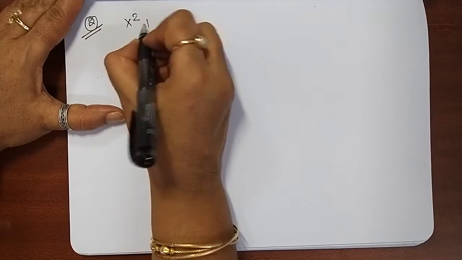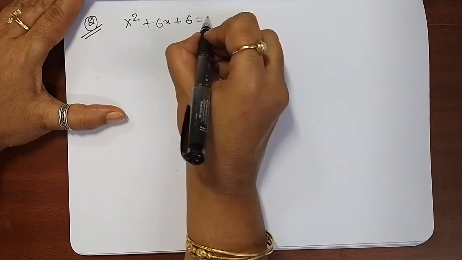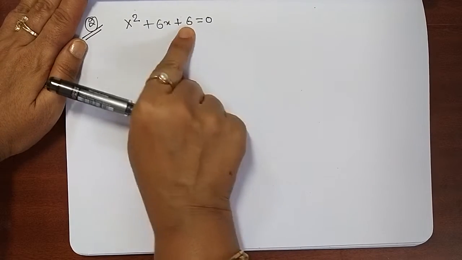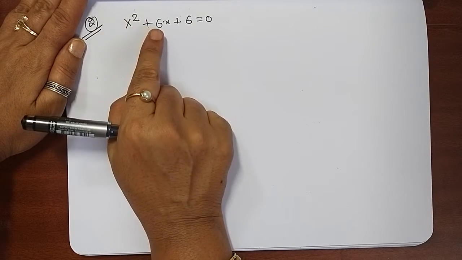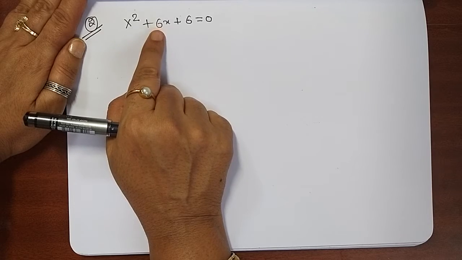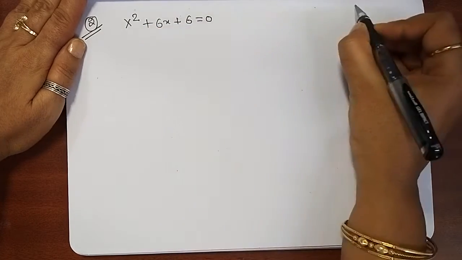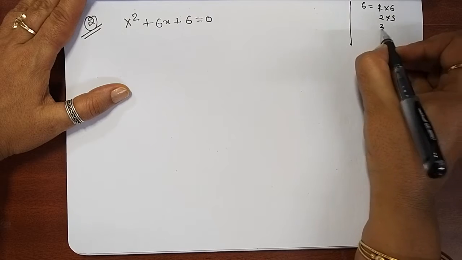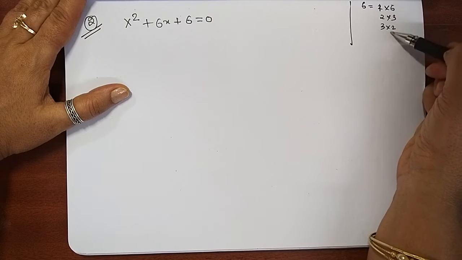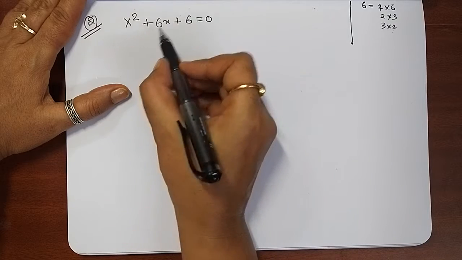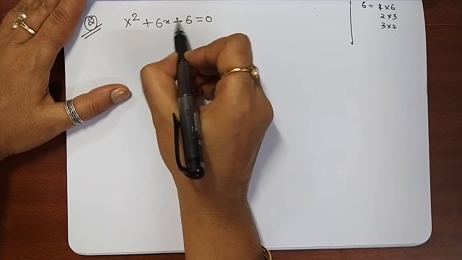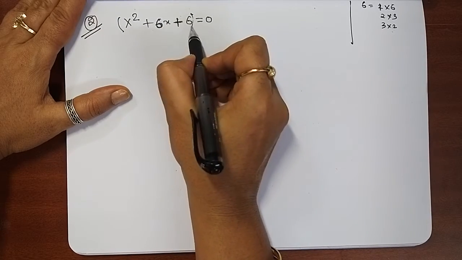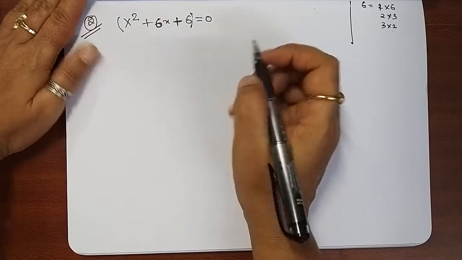Suppose this is the question, x square plus 6x plus 6 is equal to 0. You can see clearly it's not possible to factorize. If you try, it's pretty hard. See, 6 into 1 is 6, and we have to factorize to get 6, which is very hard. Like what I'm trying to tell you is, if you have 6 equal to 1 into 6 or 2 into 3 or 3 into 2, out of all these factors, there is no factor pair whose sum I can get 6. Okay, so in such situations it's better to use Sridharacharya.